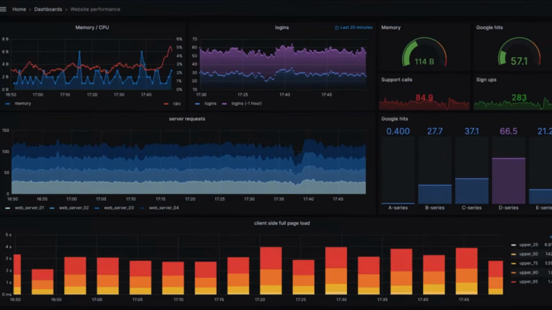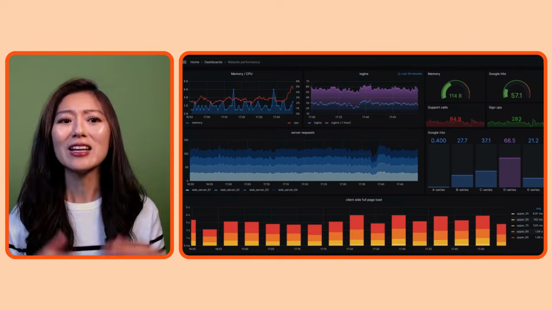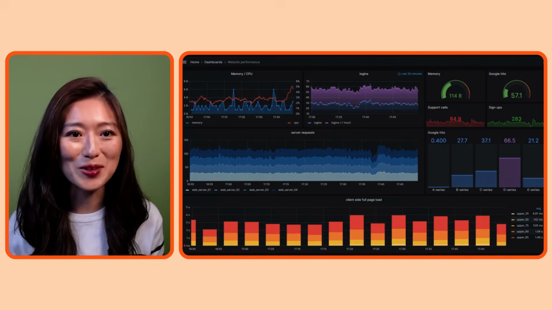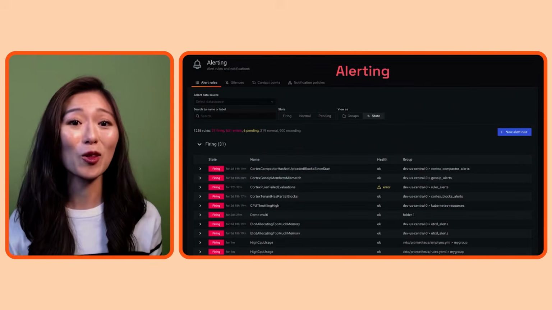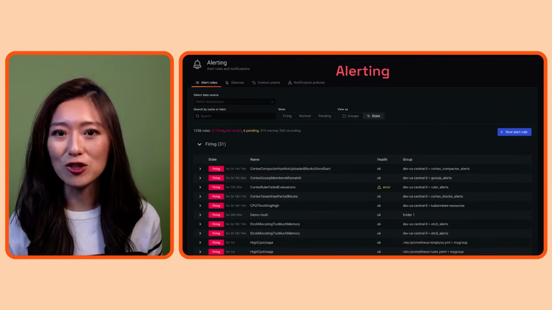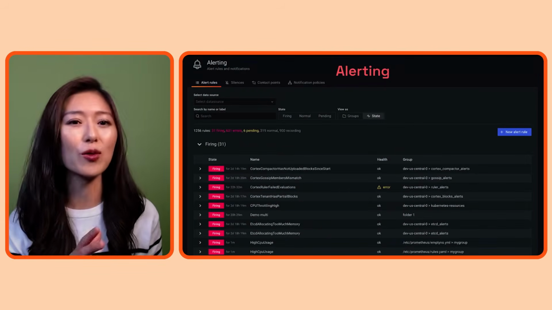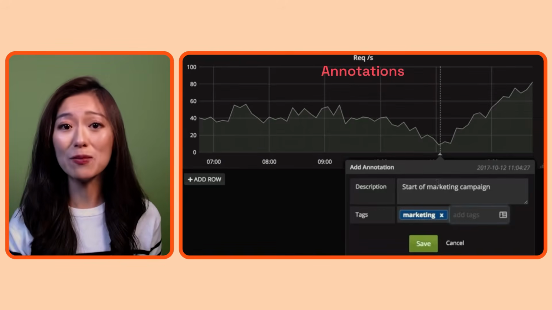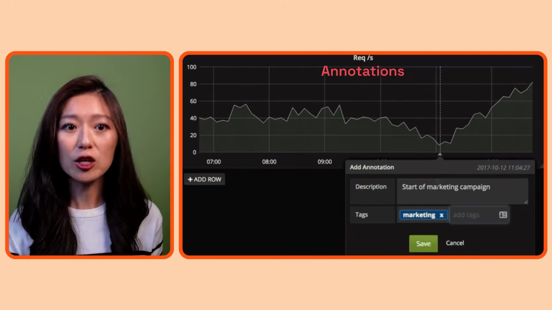So to make this even sweeter, you can pull all of your data sources together in one single dashboard. Because of that, you could easily track and correlate different factors that are affecting the state of your system. Now, as pretty as these dashboards are, you probably don't want to be looking at it 24/7. With Grafana, you can set alerts on conditions or patterns of interest, so notifications are sent to the right team members who can fix the problem. You could also share these dashboards with your team members. If you see something interesting, you can annotate it so you can explore it as a team and discuss the next steps.